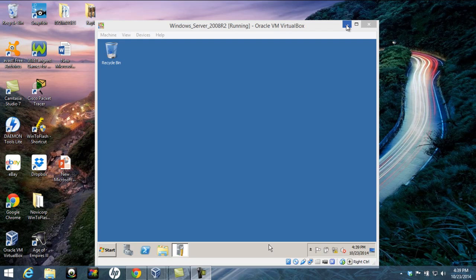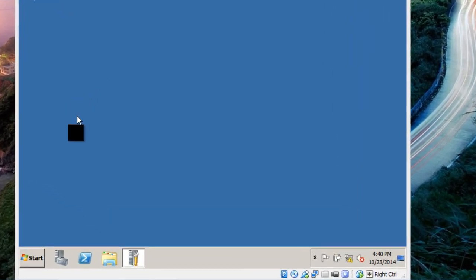Now, the whole concept is, if you have a server, all your profiles will be stored on the server, and any computer that is connected to that server, you as the user would be able to log on to that system and have your profile available to you. So that is what we're going to do today, and the first thing we're going to do is